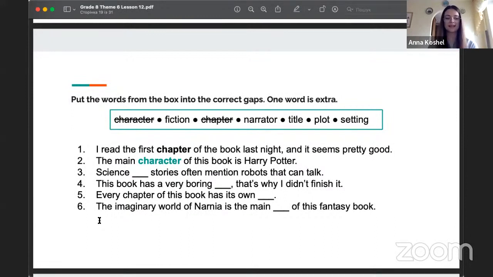Number 3. Science stories often mention robots that can talk. So, in which types of stories do we see the robots who can talk? Like for example in Star Wars, yeah, in Hitchhiker's Guide to the Galaxy, and so on. So, science stories, but there is a word for genre, yeah? Є особливий жанр наукової